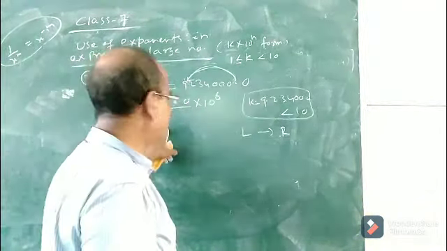Now this is equal to k into 10 to the power n, where k is less than 10 and greater than or equal to 1, and n equals 6, which is a positive integer. So when we express this number in k into 10 to the power n form, it will be equal to this. Children, I hope you understood. Okay, so let me give you another example so that you will understand it much better.